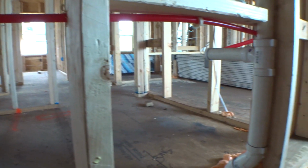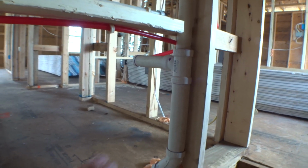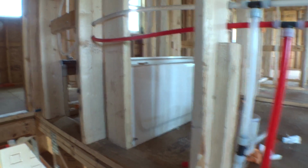That goes through, and then of course your drain lines, okay? And this is in a secondary bathroom because you got the sink there, toilet right here, okay? And then of course our tub right there. Now,